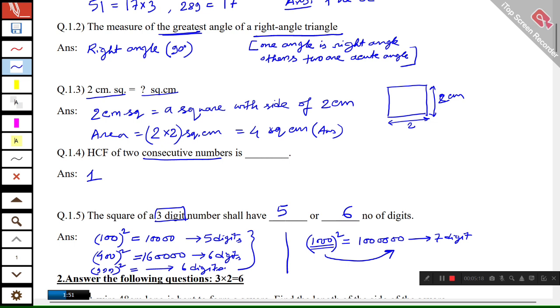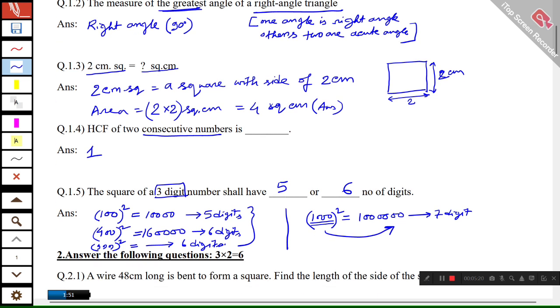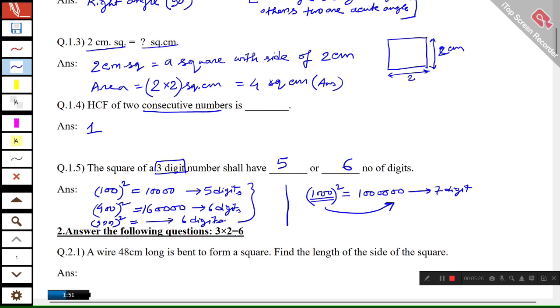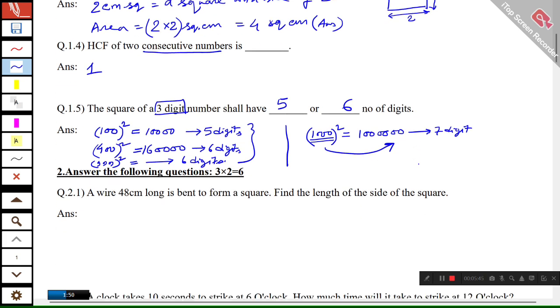Okay, so there is a formula also. That is, I think I already discussed in the class of the square. So always, the square of a 3 digit number has 6 or 5 digits, the square of a 2 digit number has 4 or 3, মানে the double এবং তার থেকে এক কম। 4 digit number এর square এ number of digits that should be 8 or 7, এরকমই হয়। Okay, next,